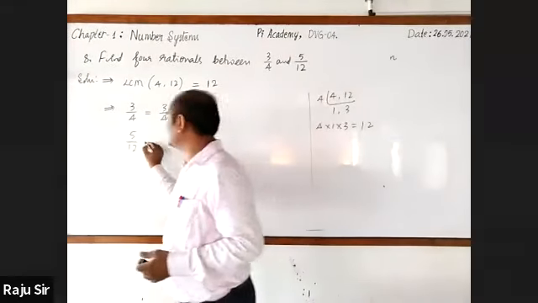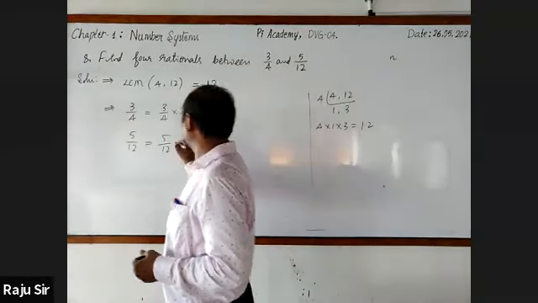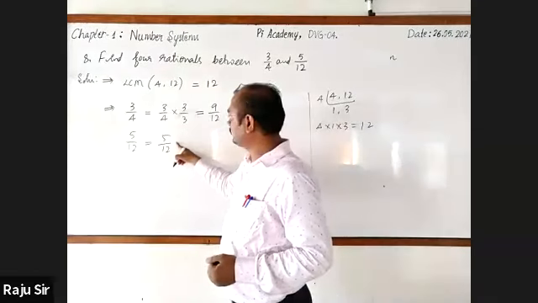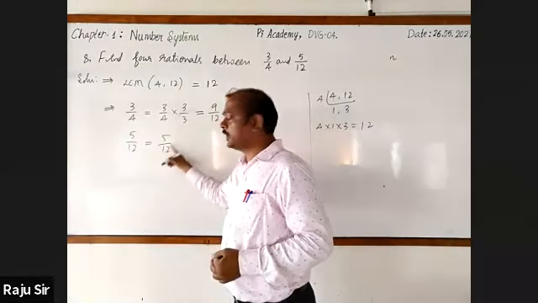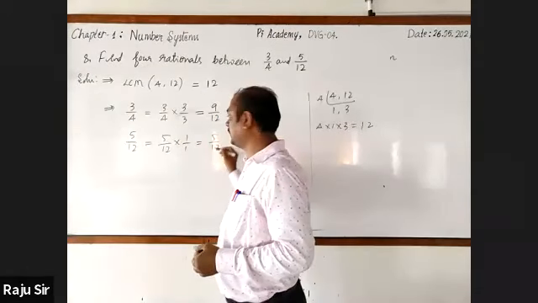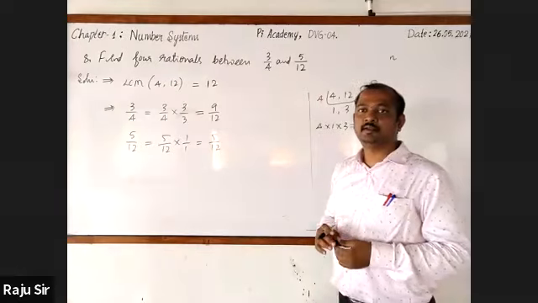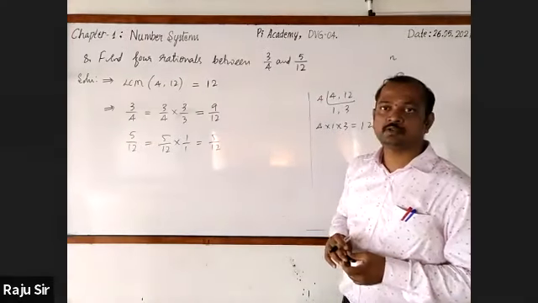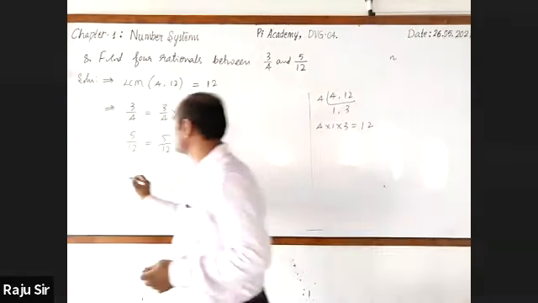10 by 1, or else you may write that as it is. It's equal to 5 by 12. When you multiply the LCM with this term, 12 ones are 12, so you can write 1 by 1. It is 5 by 12 only. Very simple. It was given for 2 marks in the examination.